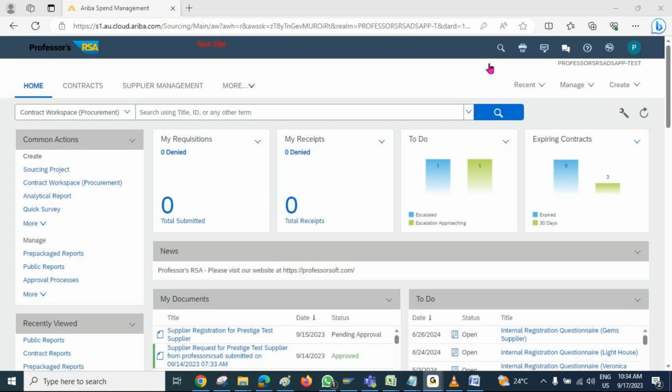If you are from the manufacturing industry, you have to purchase different kinds of raw materials and inputs. If you are from the trading industry, you have to purchase different kinds of products, right? Whatever activities the customer would like to perform as part of procurement, they can do with the help of SAP Ariba.